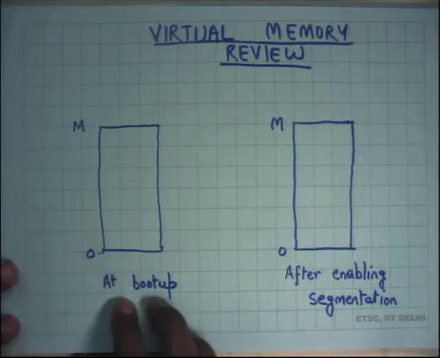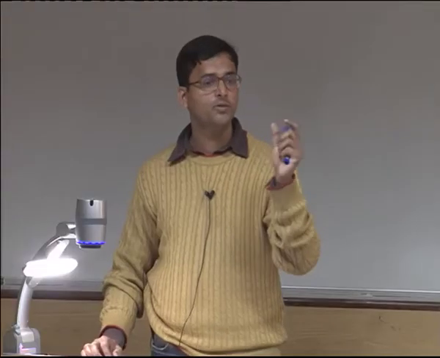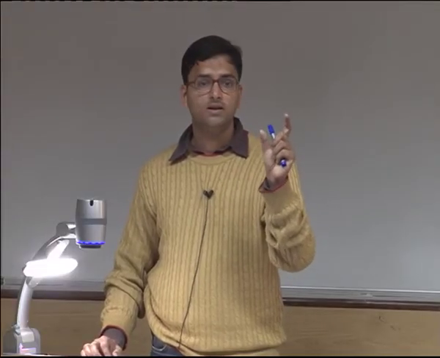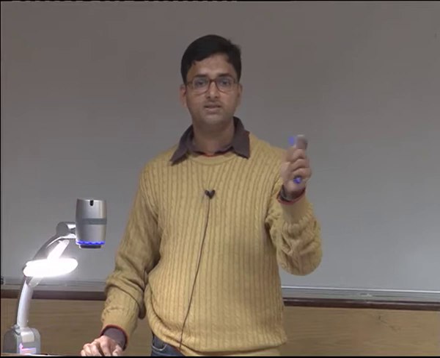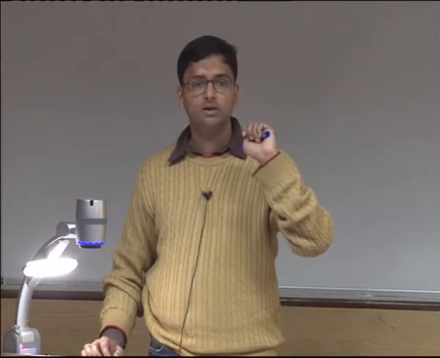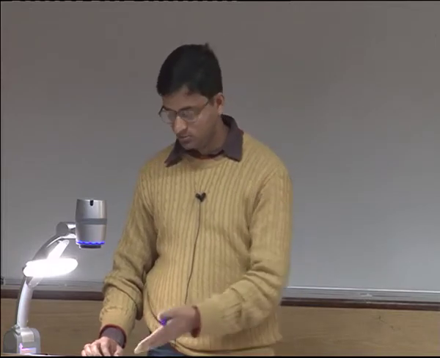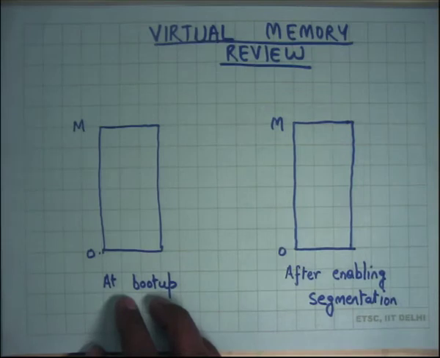So at boot up you have this simple system where there's almost no virtual memory subsystem, and it's completely flat from 0 to m. Of course, recall that we boot in 16-bit mode. So segmentation works in its primitive form, where you can add the segment register after multiplying it by 16 and all that. But for all practical purposes, our kernel that we are studying sets all segment registers to 0, so you have a flat address space from 0 to m.